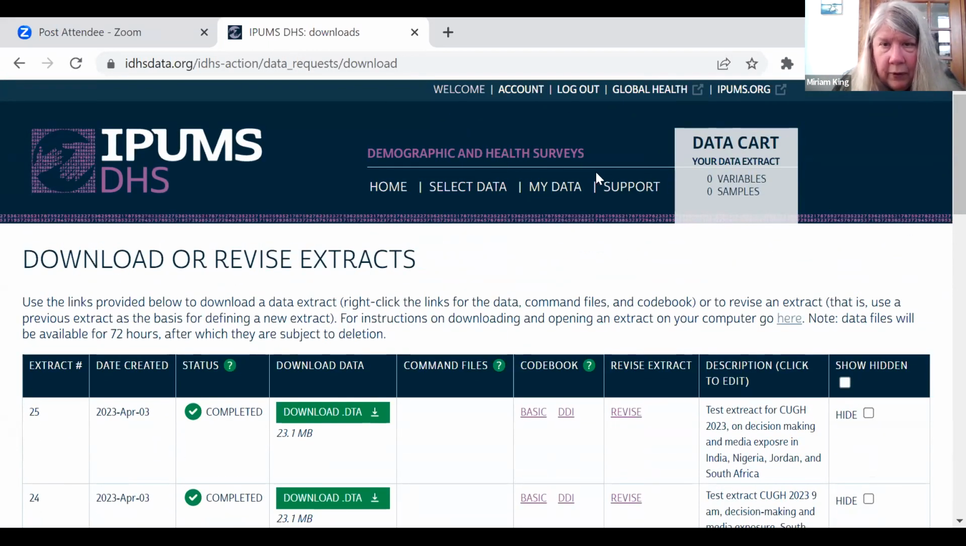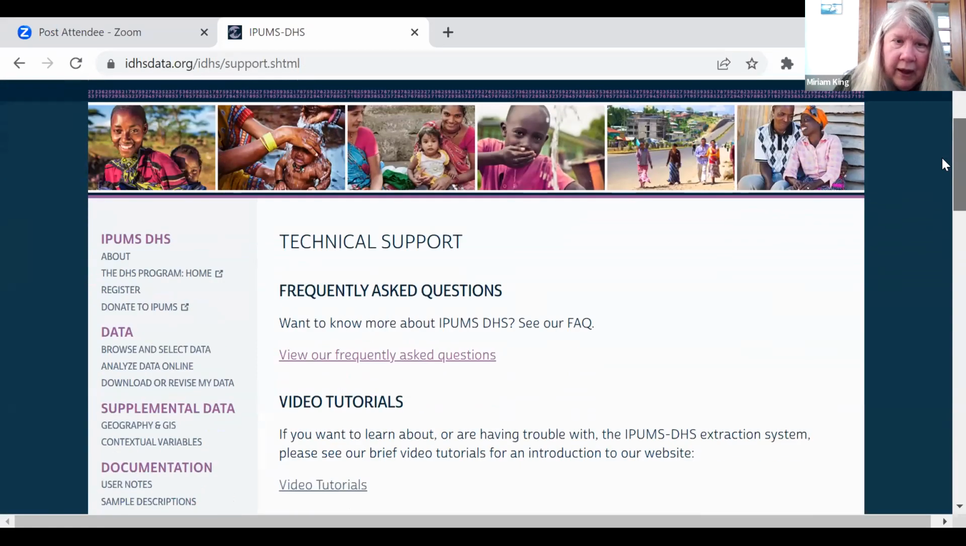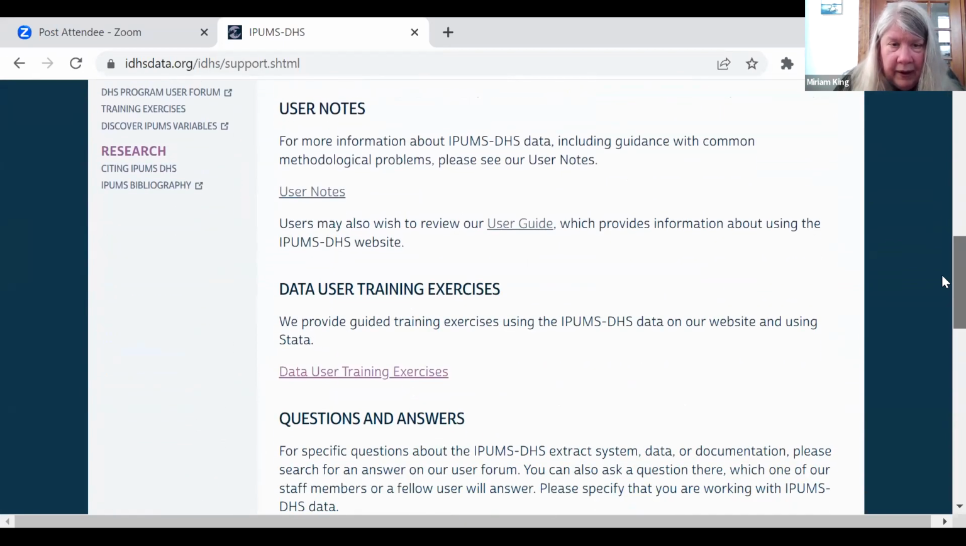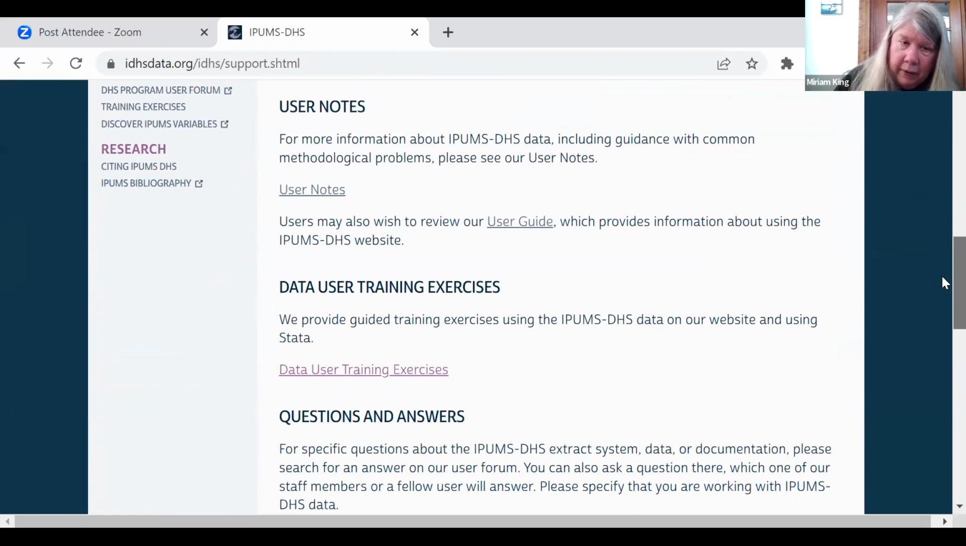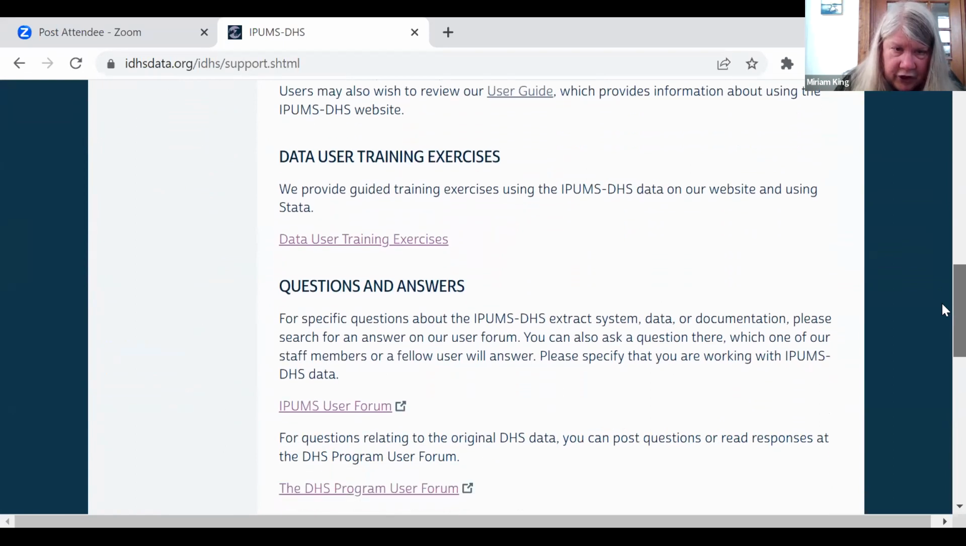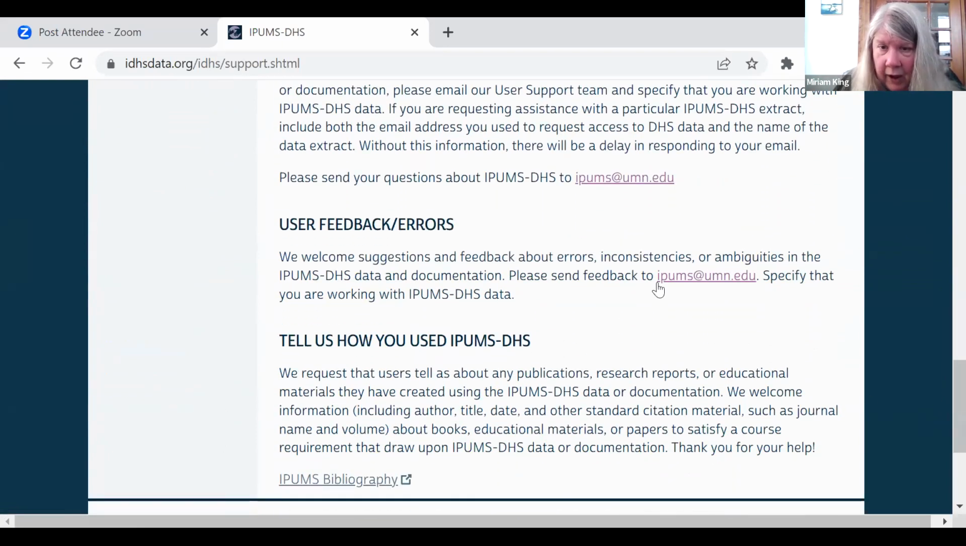There's also, if you go to support, a lot of tools to help you: video tutorials, webinars, training exercises with the correct answer at the end, so you can use them as self-teaching tools, or if you're an instructor, have your students use that to learn how to get comfortable using IPUMS DHS data and documentation. Links to the IPUMS user forum and the DHS user forum, and the email to contact our user support team